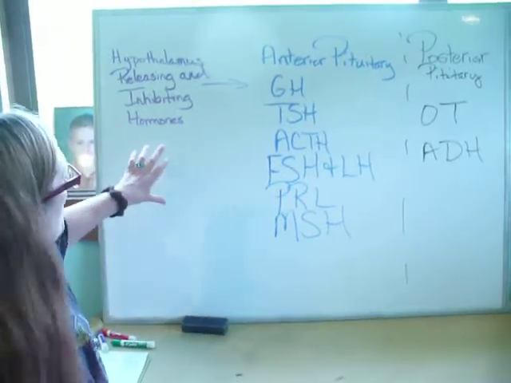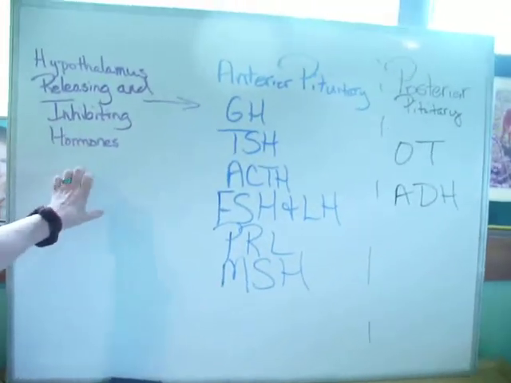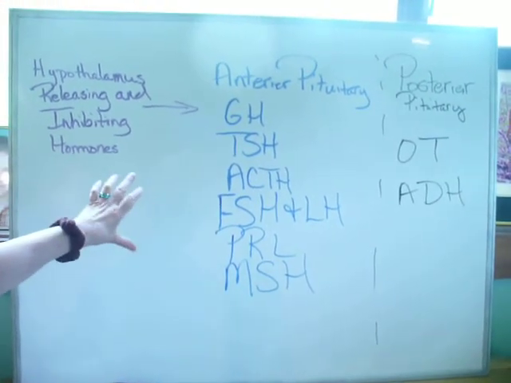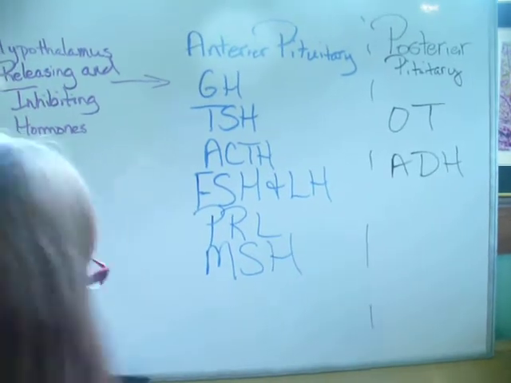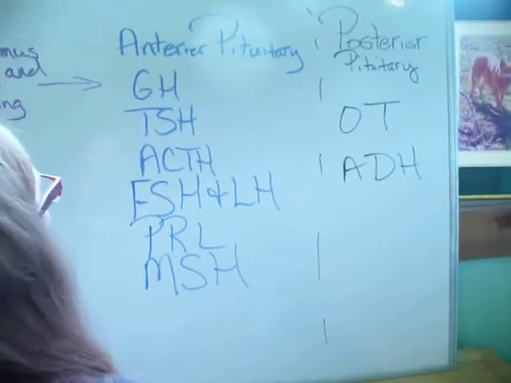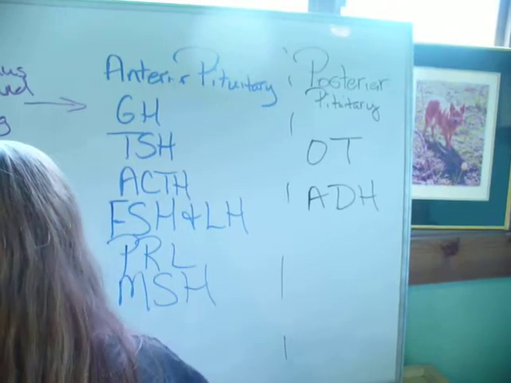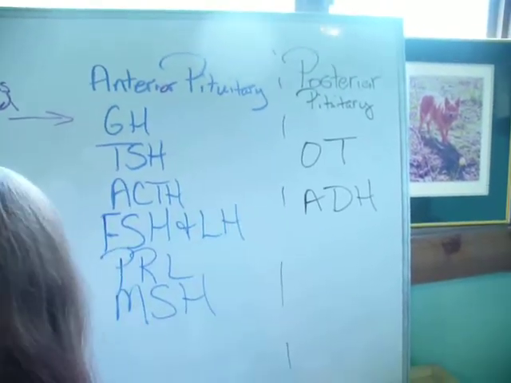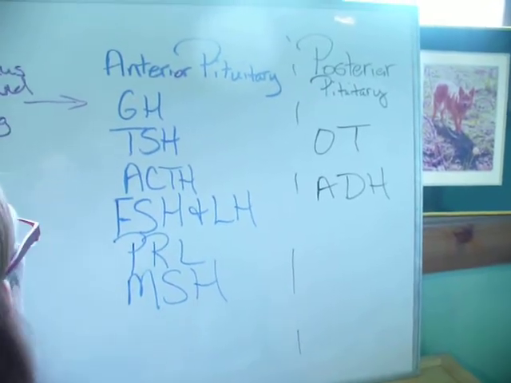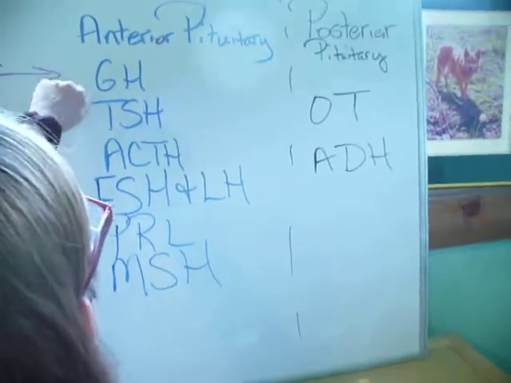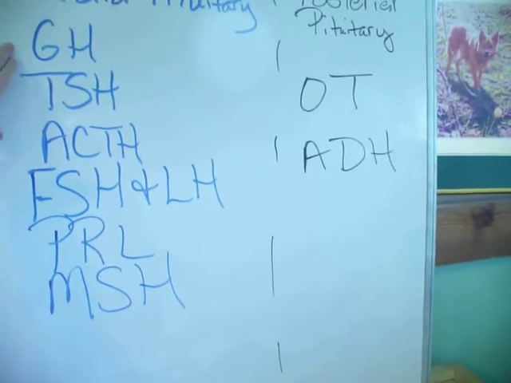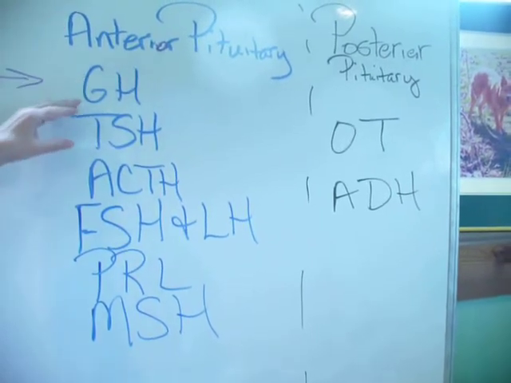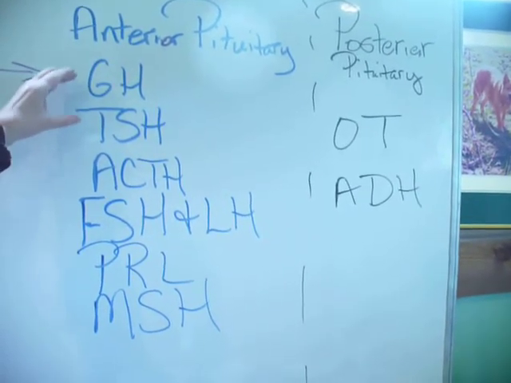Okay, in video 1 we talked about the hypothalamus and all the releasing hormones and a couple of inhibiting hormones that it produces. So the anterior pituitary, which I believe I've spelled incorrectly. If I did or didn't, that's not as important as the hormone. So growth hormone releasing hormone and growth hormone inhibiting hormone then impact what the anterior pituitary does as far as